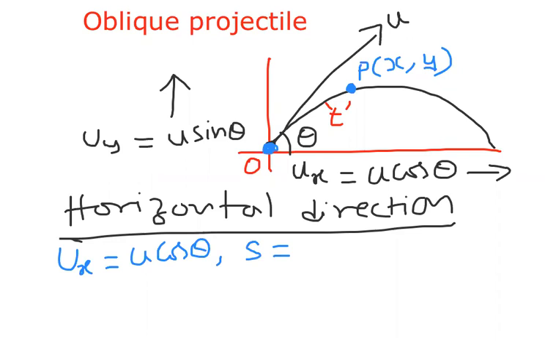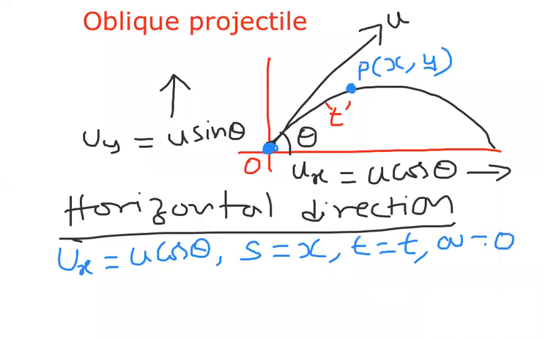Here we have two displacements, x and y. X is called horizontal displacement, y is vertical displacement. So I can write s is equal to x. And time: it is a simultaneous action. Simultaneously the body is traveling horizontally and vertically. Simultaneous means the time is the same, so we get t is equal to t only.